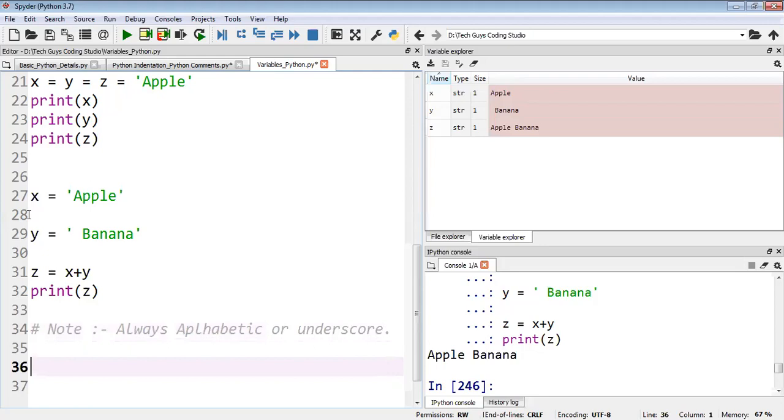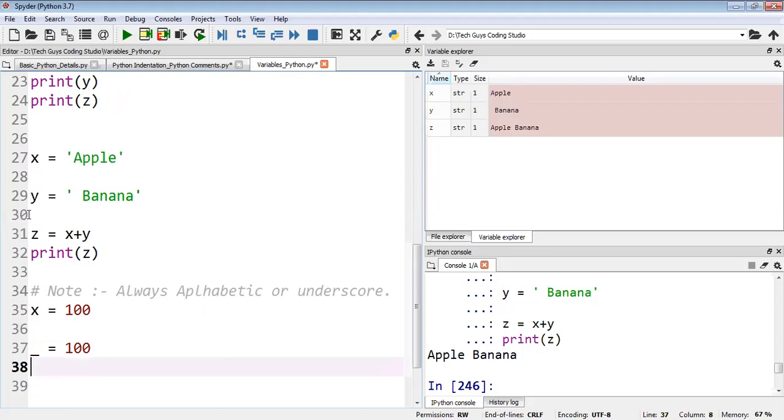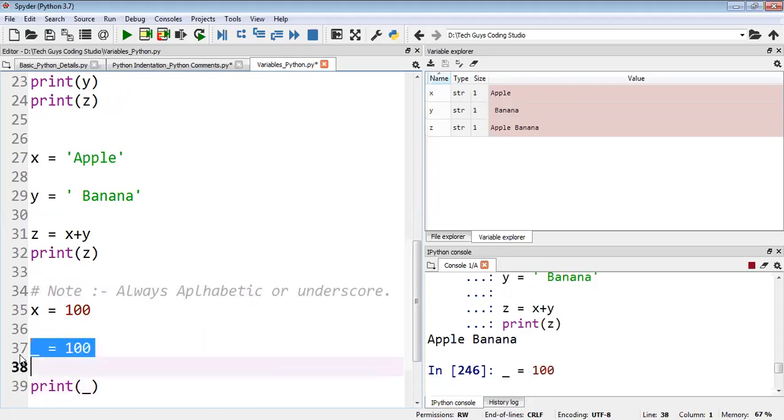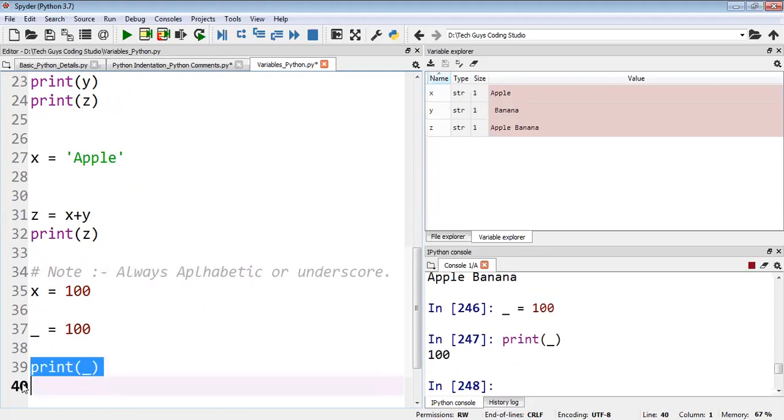So what I'll do, I can write x is equal to something, otherwise you can write x starting with an underscore. You can write like this also. This will also execute. I'll show you how it will execute. If I take only the underscore here, it will show. See, if I write here, this one also will execute.